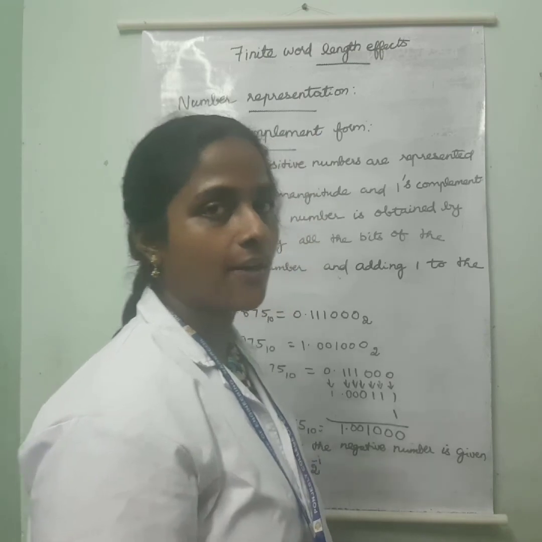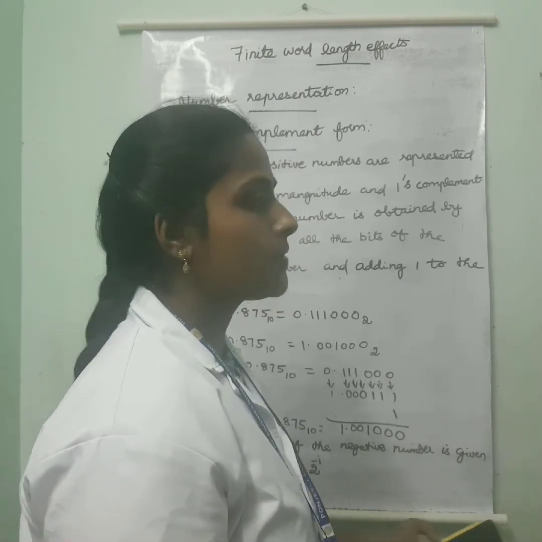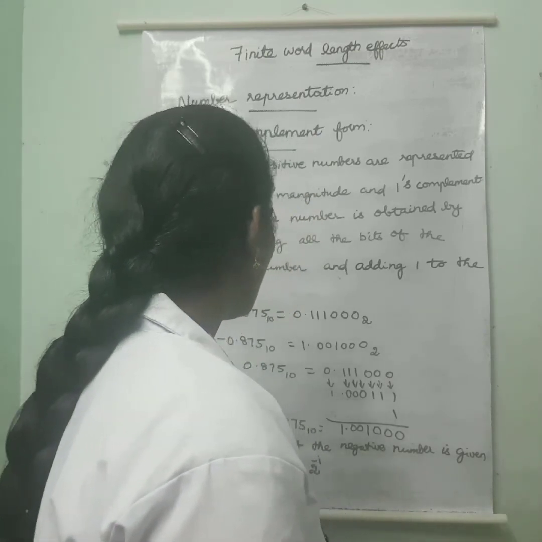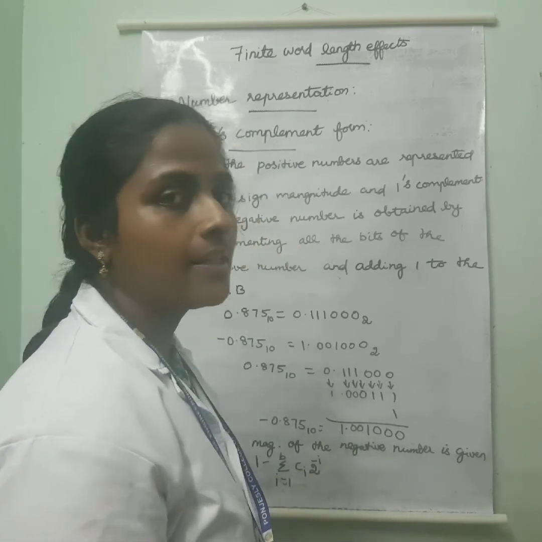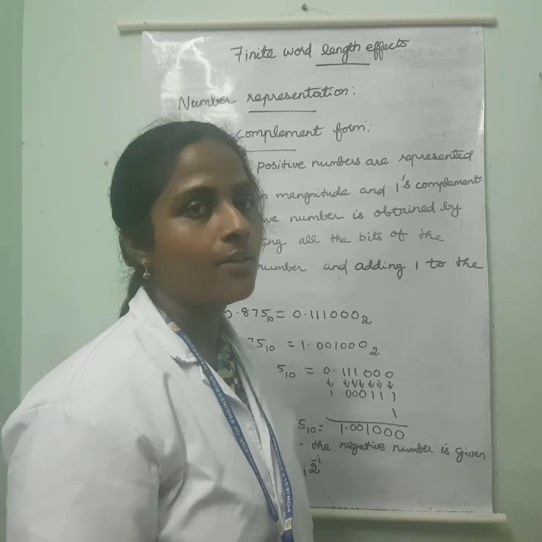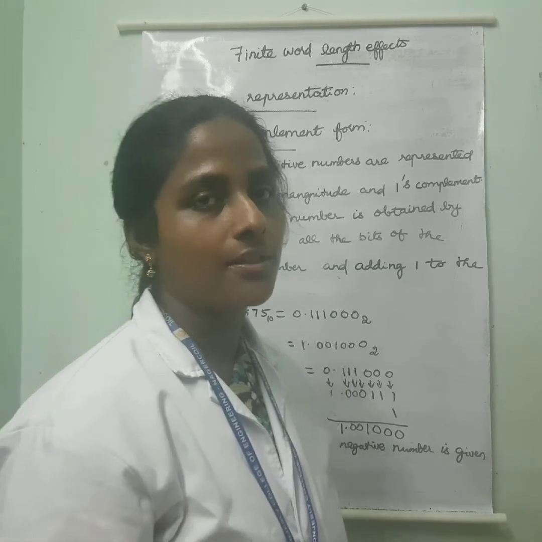The magnitude of the negative number in 2's complement is given by 1 minus summation i equal to 1 to b of ci into 2 power minus i. So the remaining portion, that is